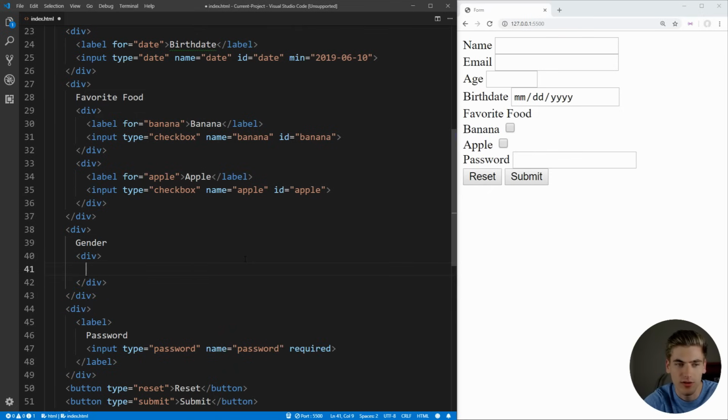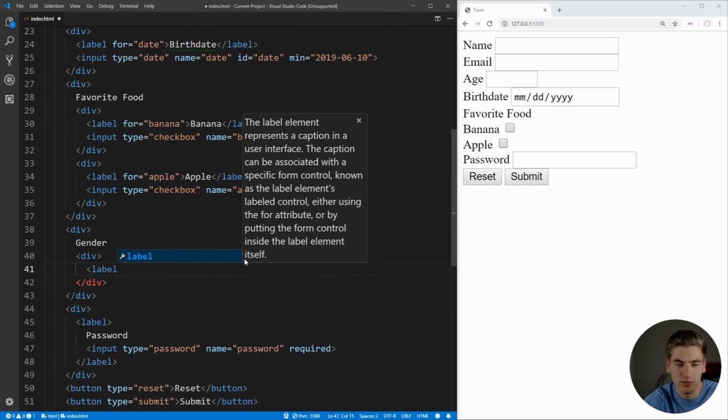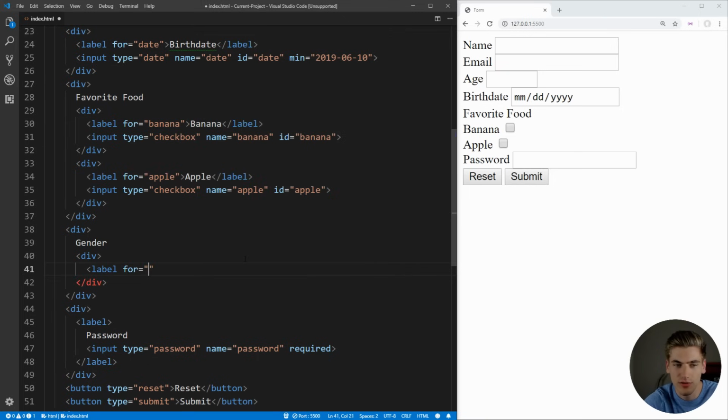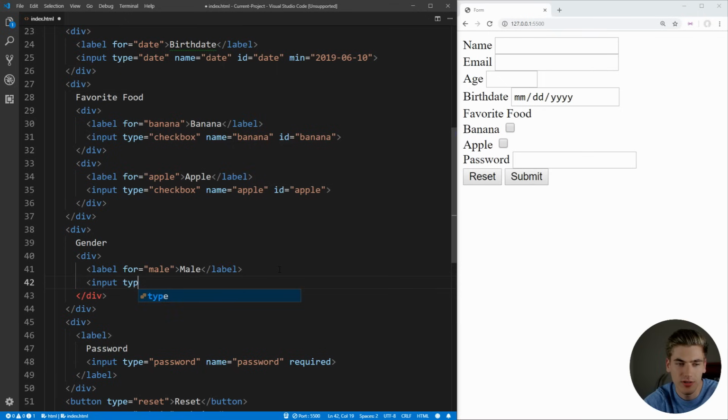So let's close this off here. We're going to create our div, get a label inside of that, and this label is going to be for our first one, which is going to be male, and we can just say male, and then we need to create our input. So the input is going to have a type here, which is going to be radio,